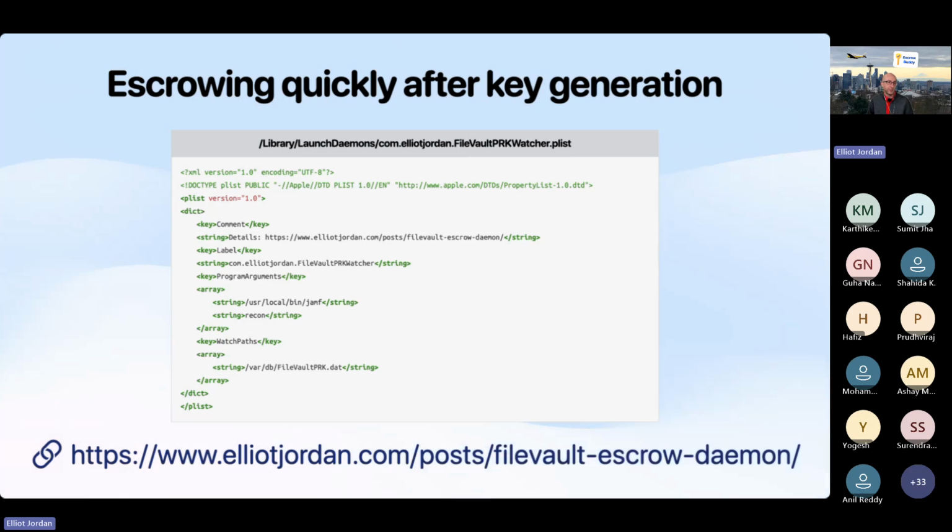So how do you get the recovery key as quickly as possible after it's been generated? I implemented a launch daemon that looks like this. Basically it's watching for a particular path, the FileVault prk.dat file, to be created. That is a first-party Apple file that gets generated when FileVault keys are generated, and it's the container file that's eventually going to get uploaded via the security info response that